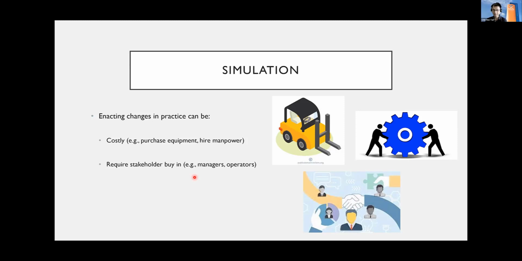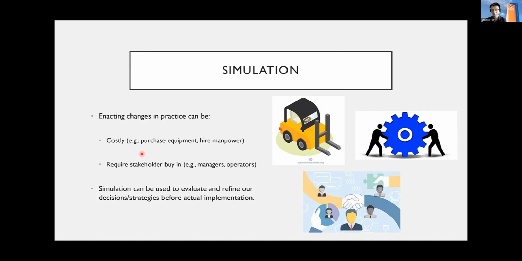And so if you say that we want to actually automate our whole process, you will need to also convince the operator that this is going to be better for the company in the long run, just like how you will need to convince the managers as well. Okay, and so simulation is going to be very helpful in terms of these,